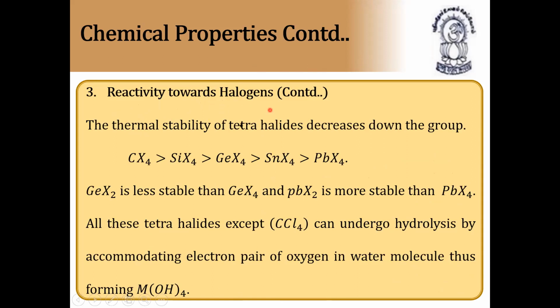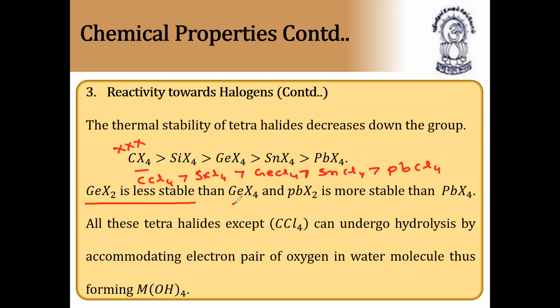So, reactivity of halogens: the thermal stability of tetrahalides decreases down the group. This is the thermal stability order: CCl4 greater than SiCl4 greater than GeCl4 greater than SnCl4 greater than PbCl4. So this is the thermal stability order of tetrahalides. GeX2, that is dihalide, is less stable than tetrahalides, and PbX2 is more stable than PbX4 due to inert